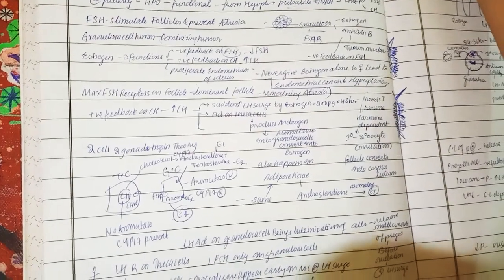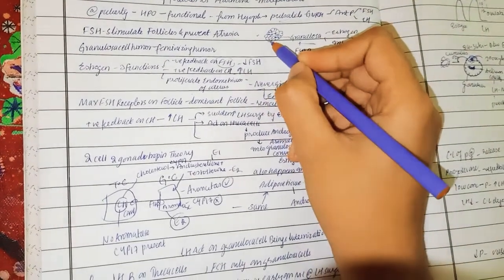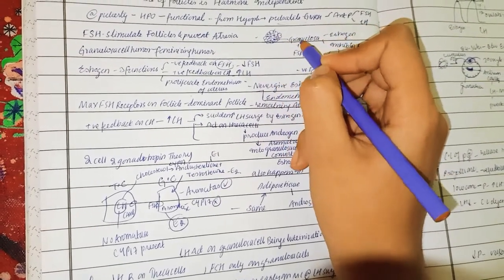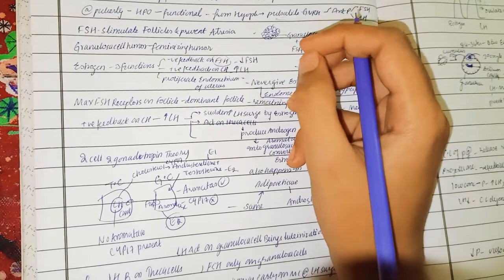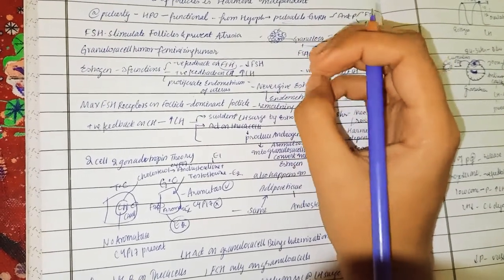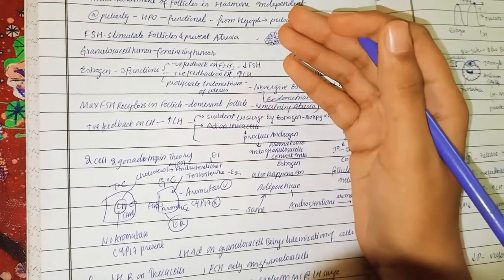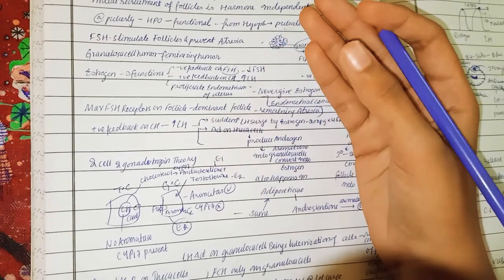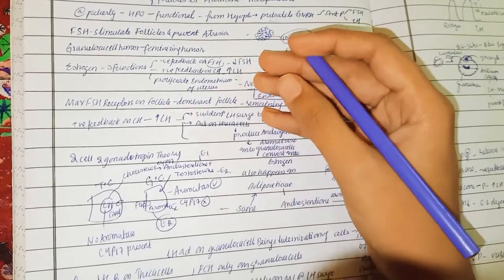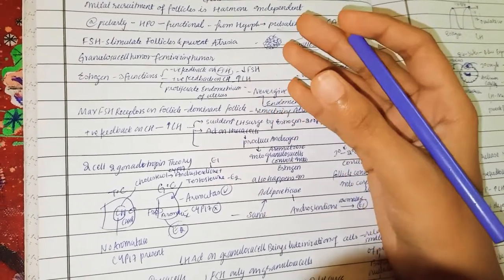So note that FSH receptors are present on granulosa cells. As FSH receptors are present on granulosa cells, that is the reason why FSH goes and acts on granulosa cells. The granulosa cell tumor of the ovary is a feminizing tumor. For example, if granulosa cells have a tumor, even in the case of tumor it will start producing estrogen, right? But it is abnormal production of estrogen, and this is called a feminizing tumor,